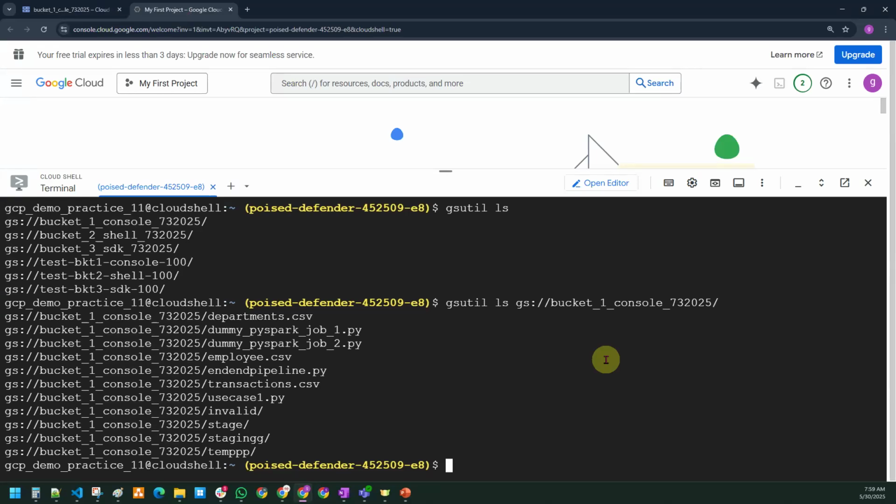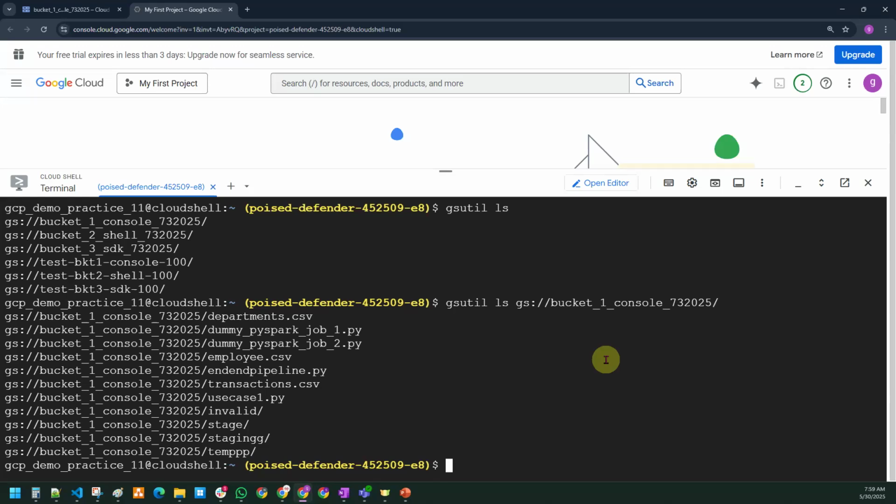Okay. So gsutil ls and the bucket name, if you give, you should be able to list down all the files inside the bucket. So what are these commands? Don't worry about it. I'm going to tell you in our upcoming sessions, but try to understand. If one wanted to interact with any of the services in the Google Cloud platform, they can do it via console. They can also do it via Cloud Shell.